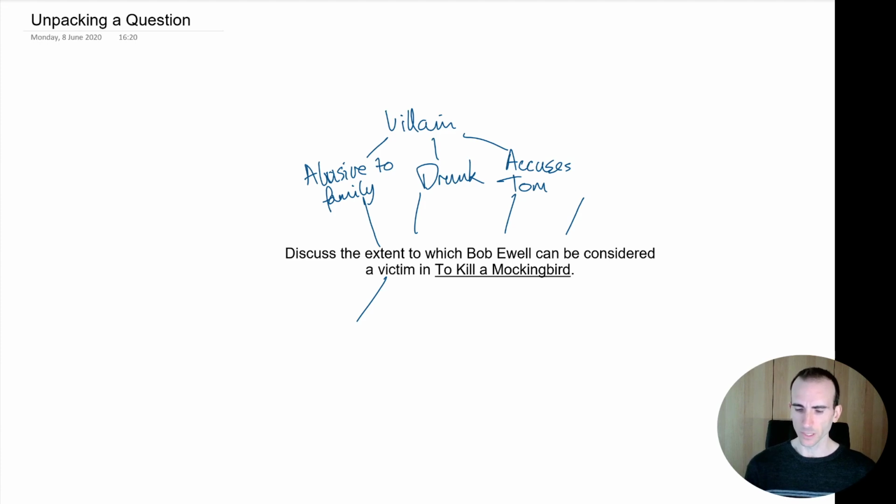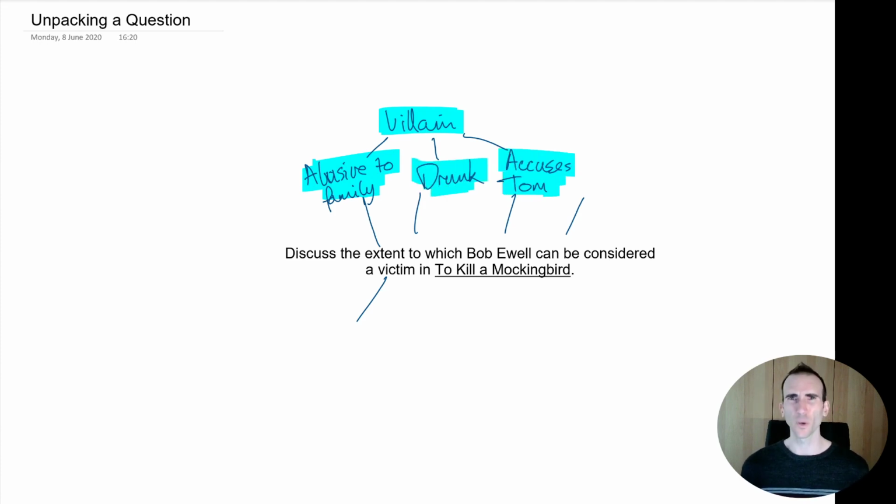So what I might do even is use a bit of color. I've already noticed that I've got a bit of a main idea here, that I want to point out all the ways that he's actually not a victim but a villain. I want to point out all the ways that he's a bad dude. I said it aloud, but I didn't write down that he is racist. Oh, and of course, spoiler alert, he tries to kill children. He attacks children.